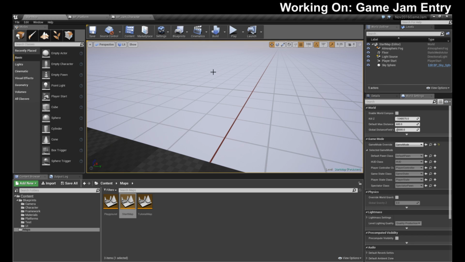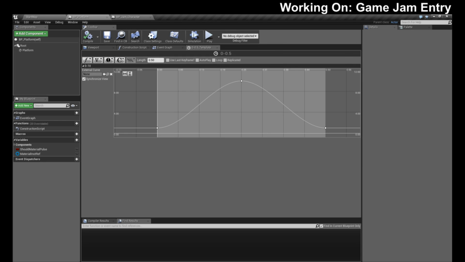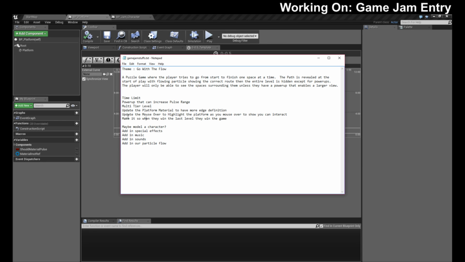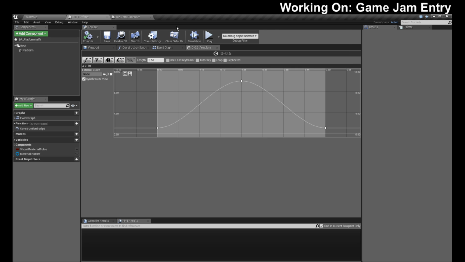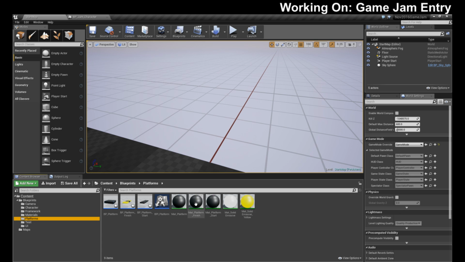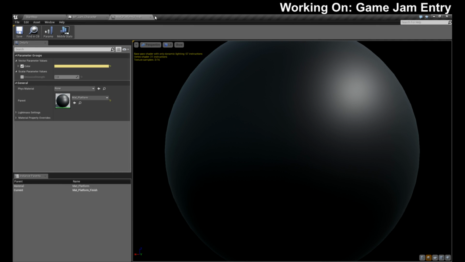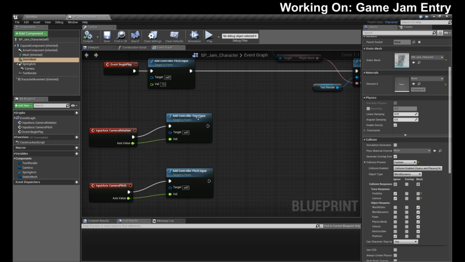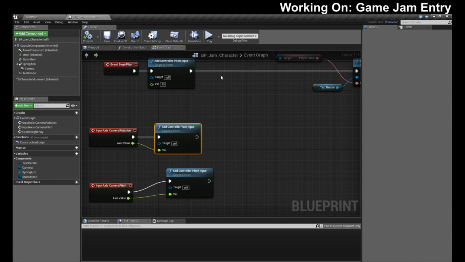That's not an issue. Our goals were to mouse highlight. We've done that. Update the platform material to have more edge definition. I actually kind of like the way that came out. My start and ends need the ability to work properly, which they don't, if I remember correctly. These are instances, so they should work out of the box. I don't know.